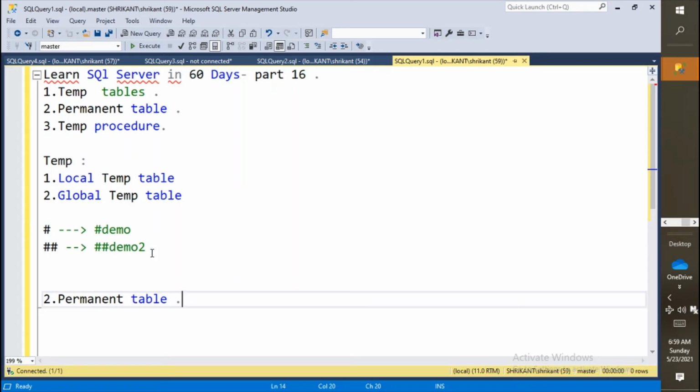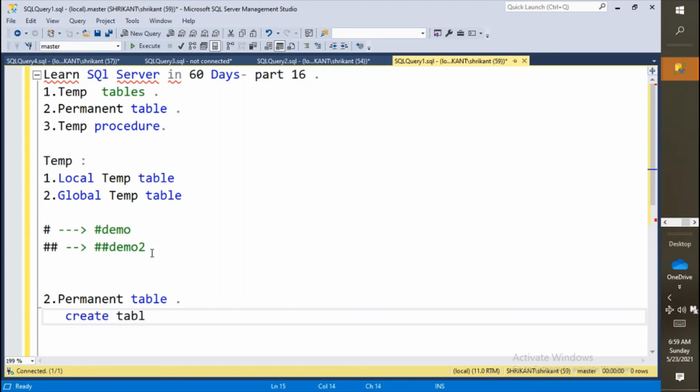The table would always be there on the file disk. So a permanent table is always available for accessing the data.